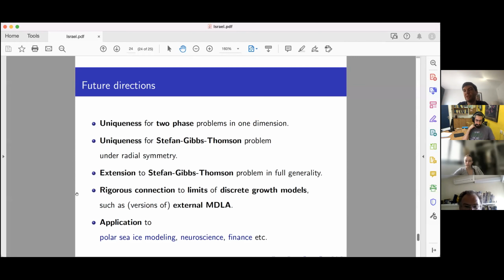But if you want to go beyond that, if you want really to understand the scaling limit of external DLA, then this approach basically is hopeless. I think that this will not give you the right answer. It can only give you bounds.